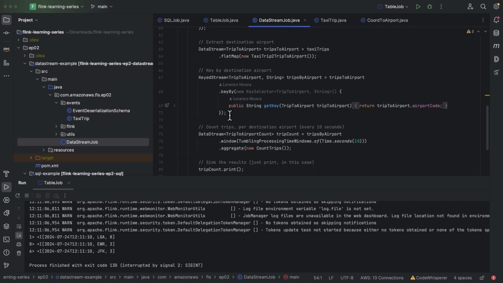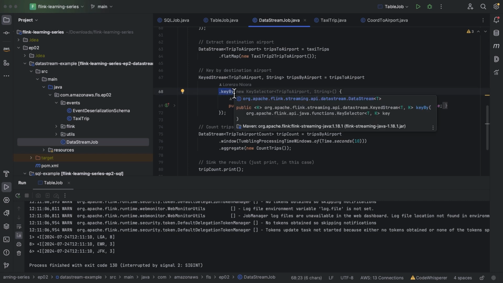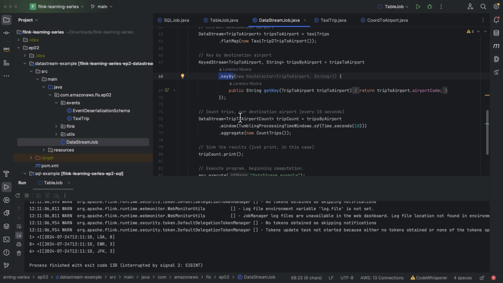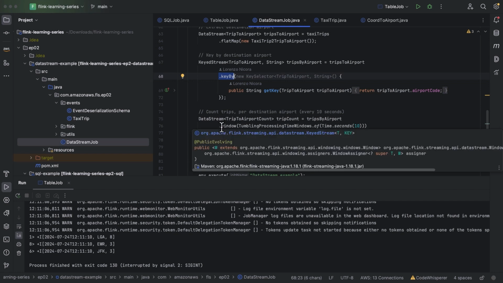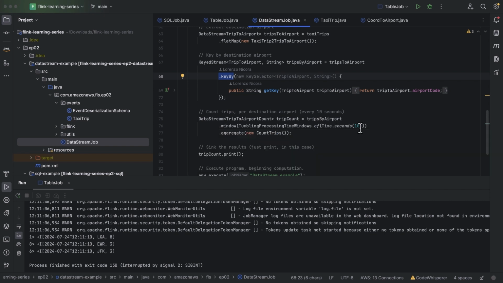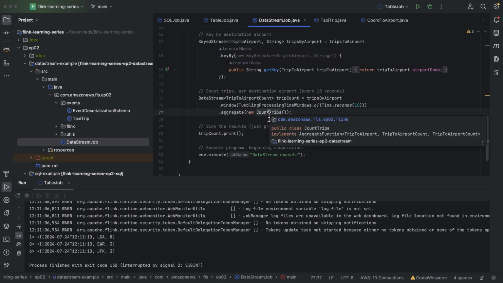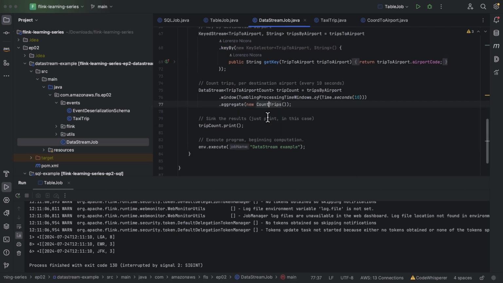In SQL, if I needed to do an aggregation, I would use a GROUP BY. In the DataStream API, we use a keyBy. The keyBy makes sure that all the elements that have the same key are routed to the same operator. And once we do that, we can apply our windowing logic and do our aggregations. Here we can see that there's already some abstraction in order to do that windowing, and where we're going to be doing that 10-second interval. And lastly, we apply our aggregation where we're going to be counting the number of trips.